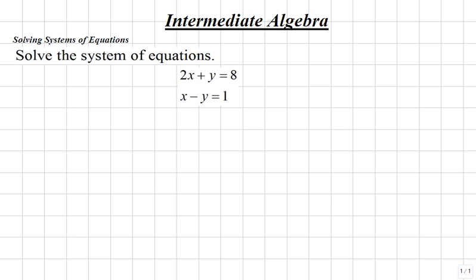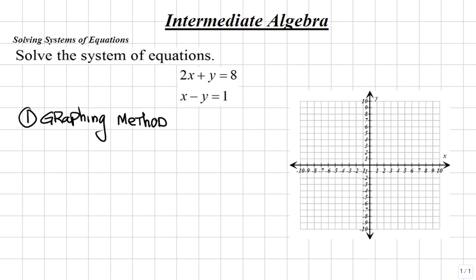Let's solve the system of equations 2x plus y equals 8 and x minus y equals 1. Recall that to solve a system of equations, there are three methods that we can use. Our first way of solving this system will be the graphing method. That is, we'll graph both lines, 2x plus y equals 8 and x minus y equals 1, on the same coordinate grid to the right, and then we'll determine where they intersect, which will be the ordered pair